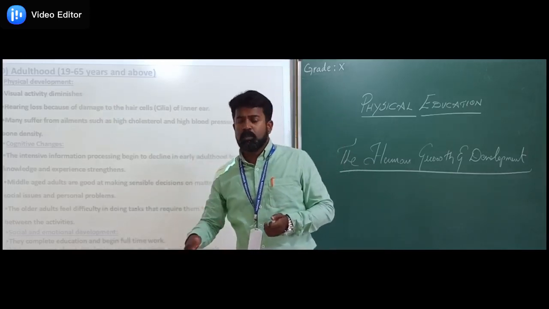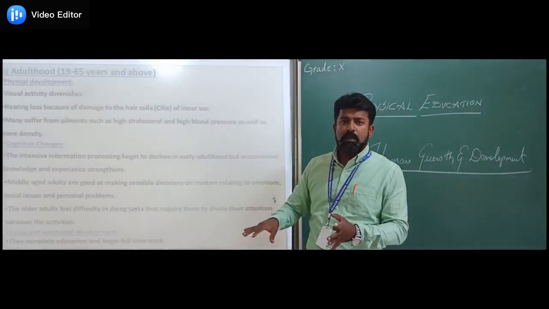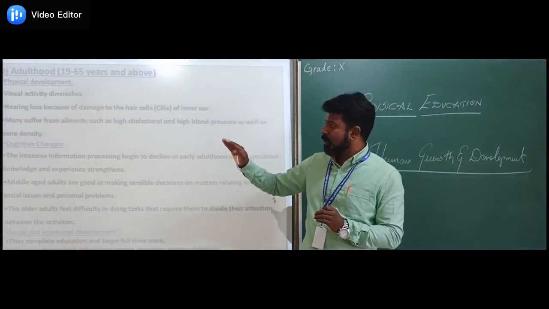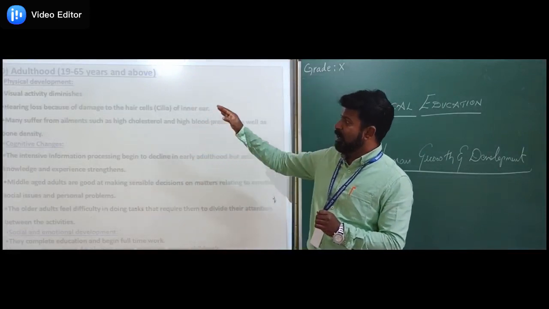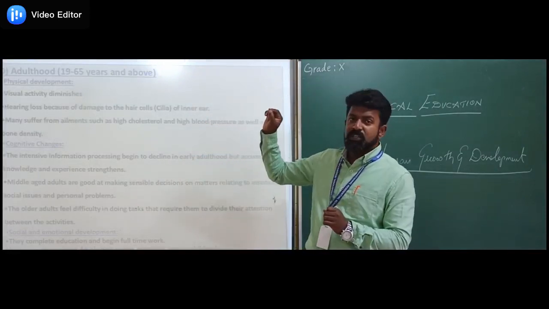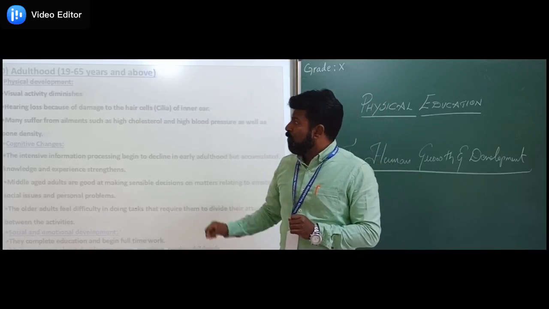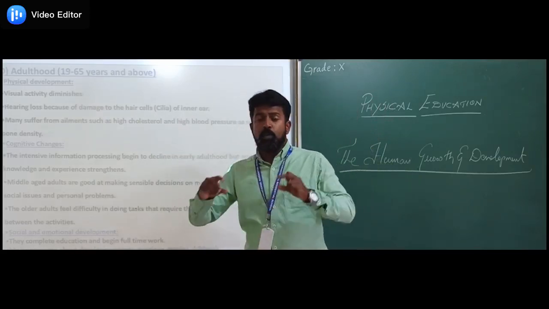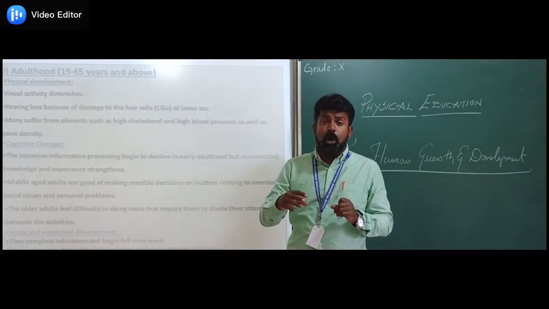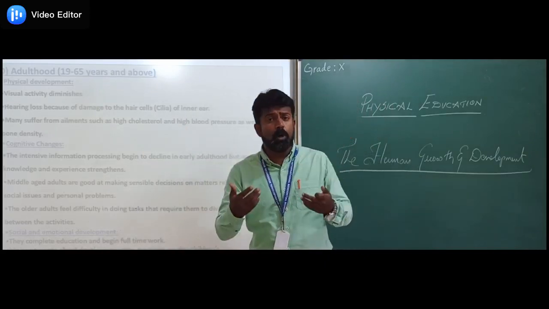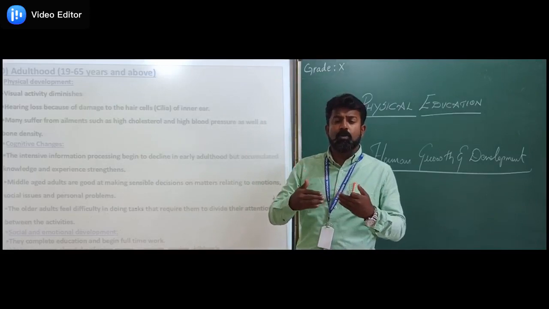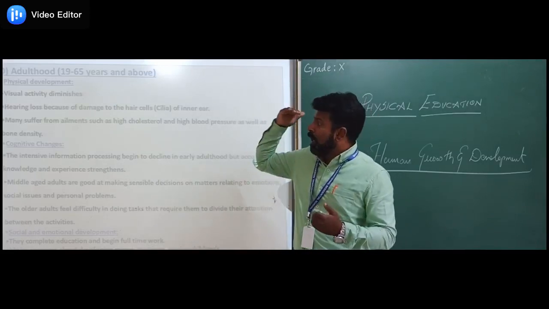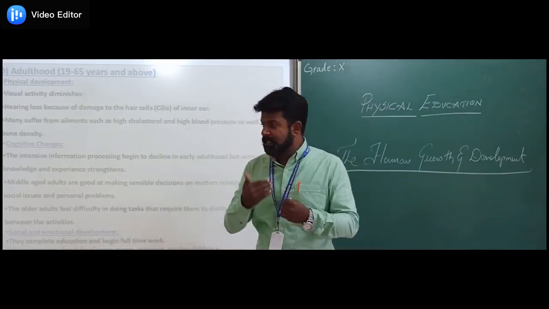decreases in the old age. So we see this is the last stage where the three developments, that is physical, cognitive and social emotional development, occur. What is the physical development in adulthood? That is from age 19 to 65 years. Visual activity diminishes, so vision gets dull. You will not be able to see or read more because you will be facing long sight, short sight, all these problems. So the visual activity diminishes, it reduces.